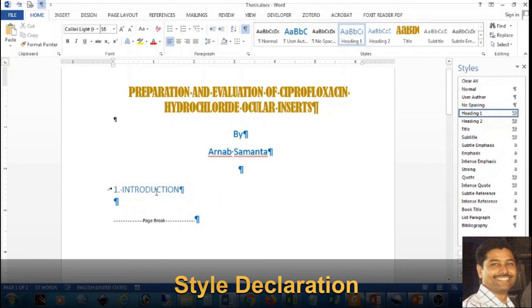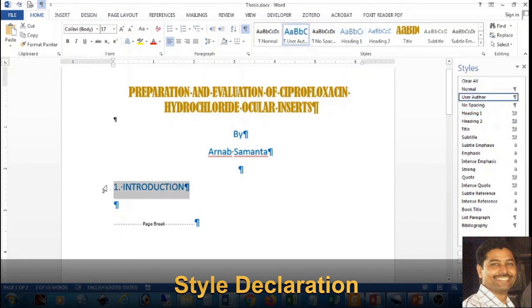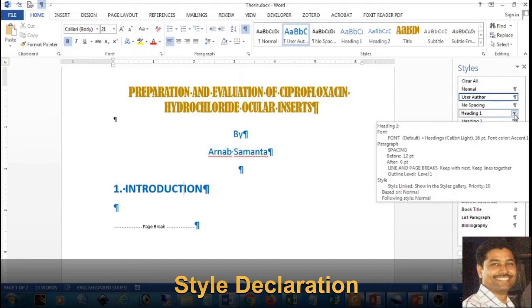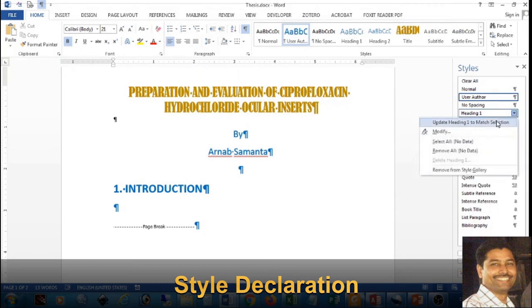Now see, this is the style given and you may not like it. So let us do one thing. The previous one, whatever style was there, let us make it bold. Let us make it slightly larger in size. And now this style, we shall take it as heading 1. So click on the drop down button here. Now update heading 1 to match the selection.